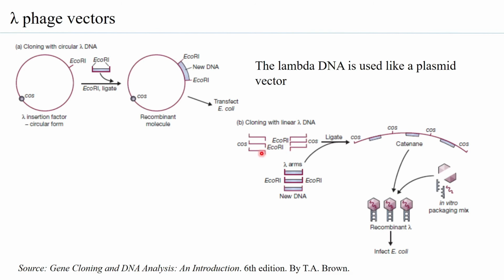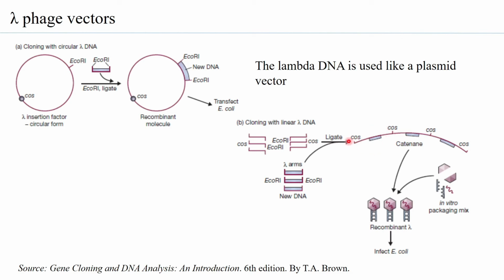ends for the EcoR1. So when you mix these fragments of lambda DNA with sticky ends of EcoR1 with new DNA that has sticky ends of EcoR1, then you can see that these sticky ends will anneal to the EcoR1 sticky ends and form a kind of catenated DNA. So you will have the new DNA inserted within two COS sites, and we all know that any amount of